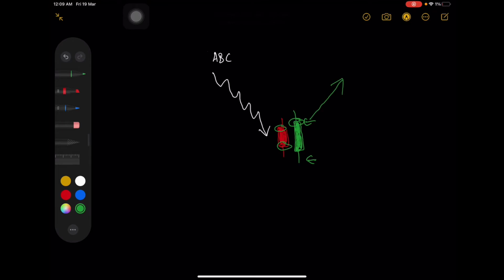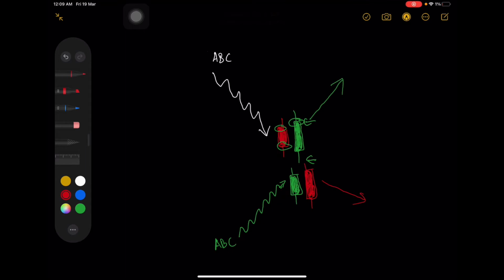Similarly, when a stock ABC is in an uptrend, right, and then a bullish candle forms, after which a bearish candle forms whose body is bigger than the body of the bullish candle. This represents a bearish engulfing pattern, and what it represents is that the price might start going down from here on, so you need to short this stock.